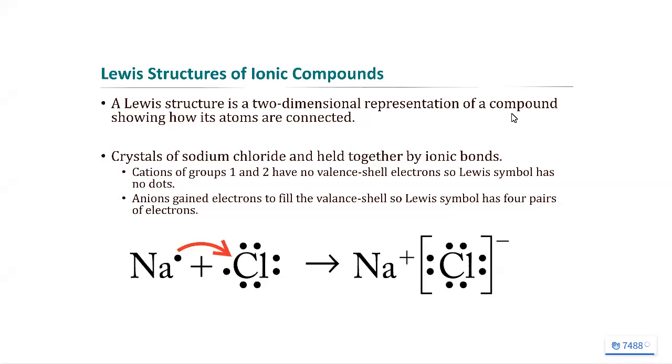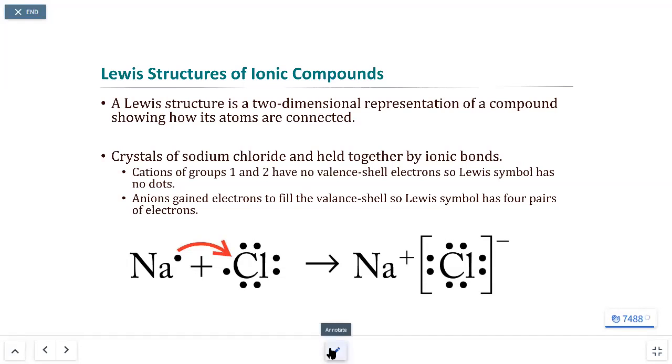And remember, it's because of the electrostatic attraction, the fact that we have a positive ion and a negative ion, that is going to allow these guys to stick together. That's what's going to drive this whole process. So it is a literal transfer of electrons from one to the other to create these compounds when we make ionic compounds. And if we have more than one,